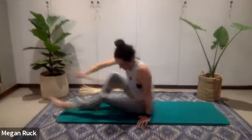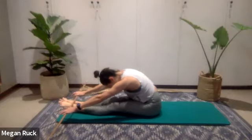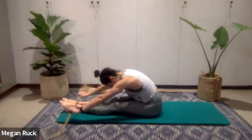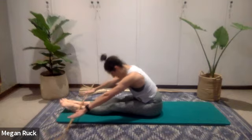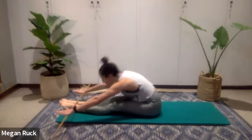Just gonna wiggle myself down again. So we're back into our little stretch as we were before. Maybe your legs need to be bent. Maybe you can get a little bit more extension here. Arms are wide, breath in. Exhale again, we lift head, chest up, but come a little bit further this time, and then slowly release ourselves